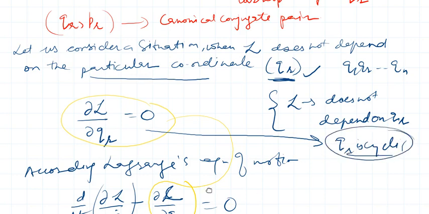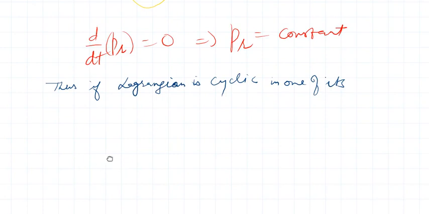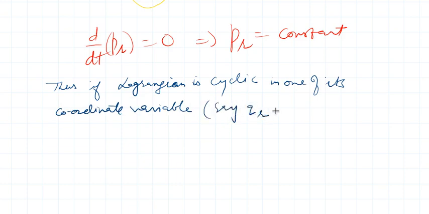This we have to keep in mind. So let me summarize the result keeping this in mind. Thus, if the Lagrangian is cyclic in one of its coordinate variables, say here Qr, that is, for this partial L over partial Qr is equal to 0,